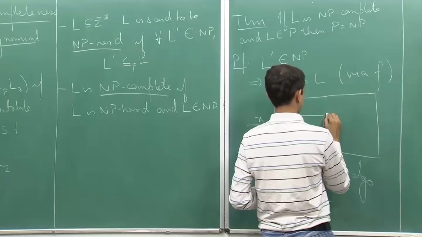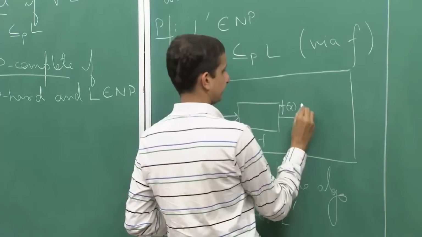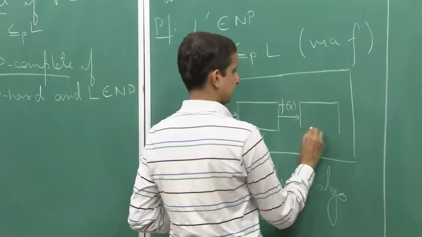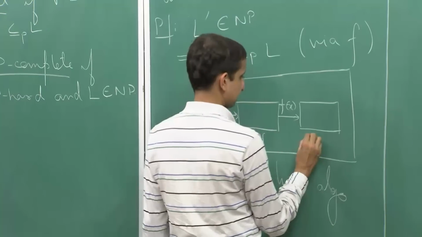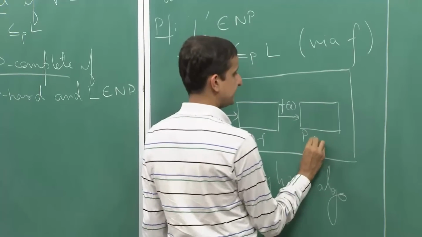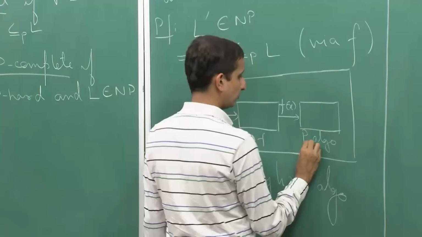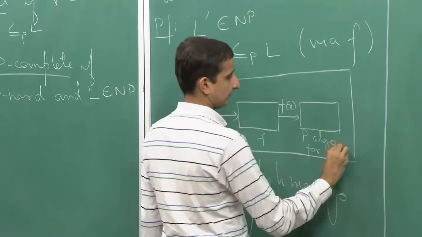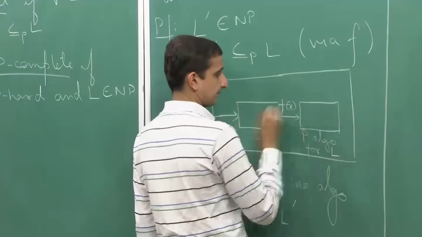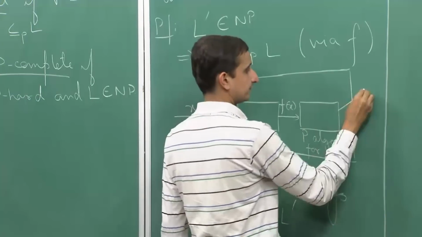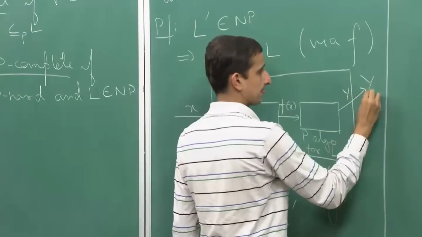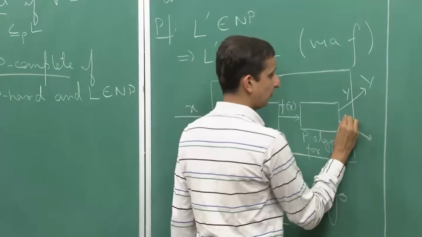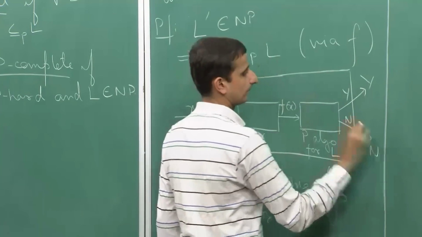So, I get f of x and then I apply the box, this is the P algorithm for the language L. So, I apply the box to this. Now, if this outputs yes, then I output yes, and if this outputs no, then I output a